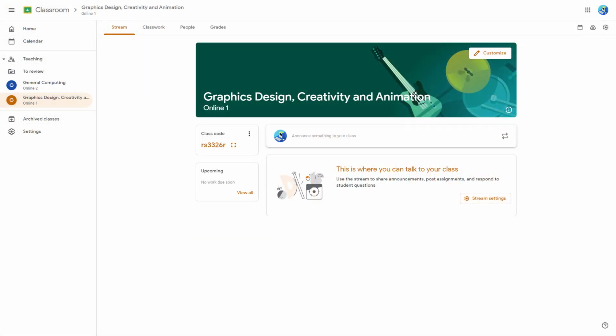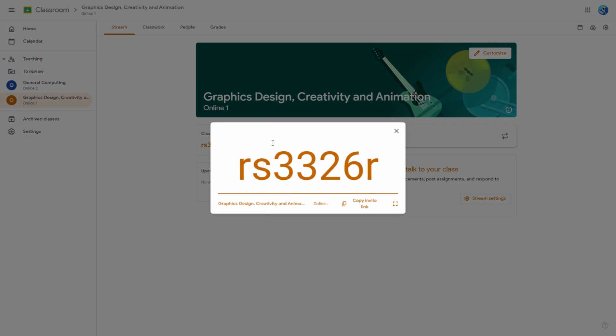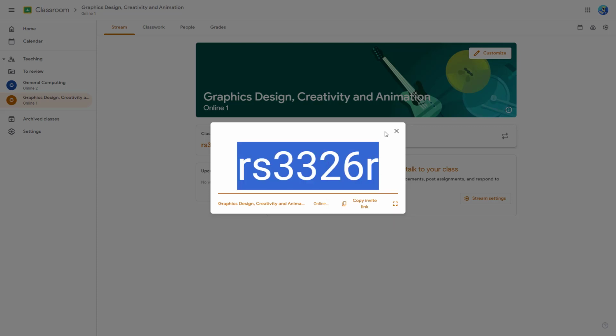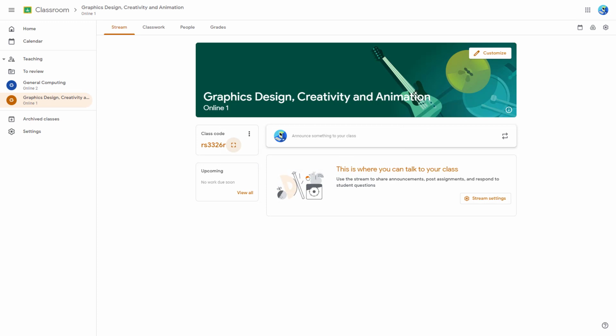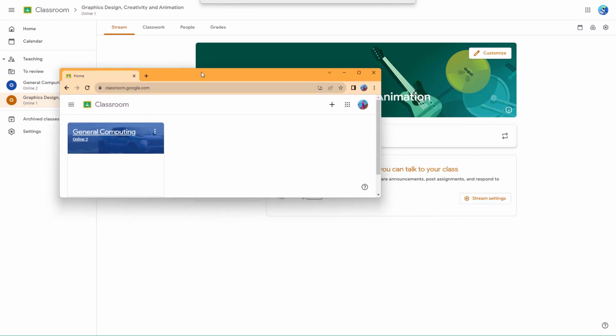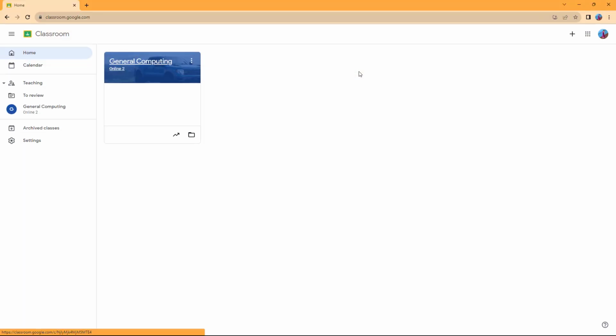So one of the ways to join a classroom is by using a classroom code. To do that, over here you can see that I have a classroom code right here, and this is my teacher's view. So let me just copy out this code right here. What the student can do is go to their end, and in their Google Classroom,